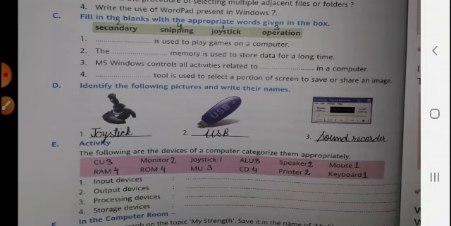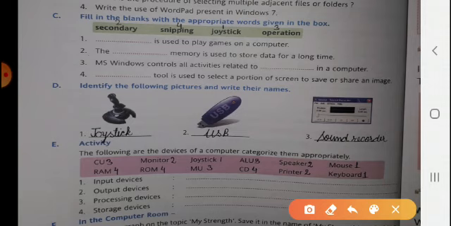Our first question is, dash is used to play games on a computer. Joystick. We have already studied that the joystick is a stick which is used to play games on the computer. Then second, the dash memory is used to store data for a long time. Secondary memory. These are the devices in which our data is permanently stored, for a long time.